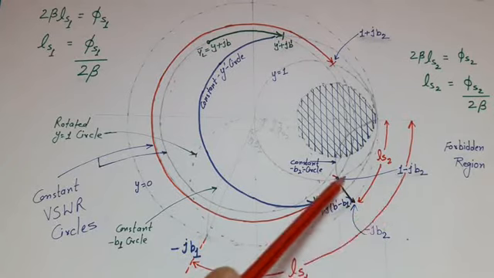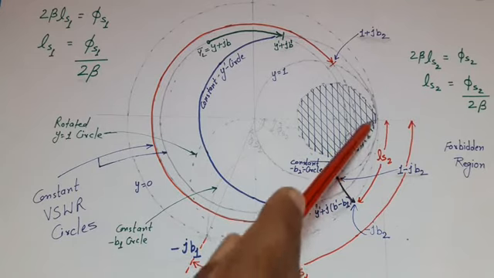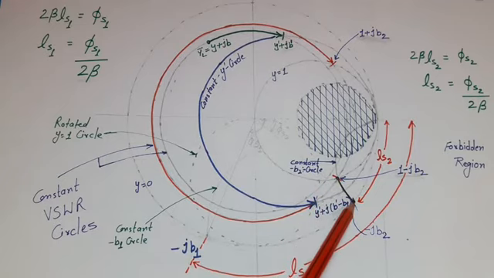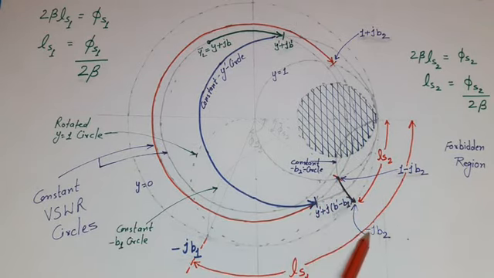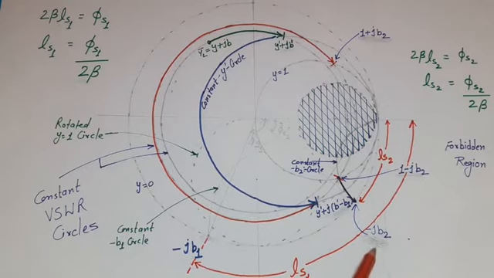Because we need only minus jb2, that's why we will draw a constant b circle, which is equivalent to b is equal to minus b2. That circle would pass from here, and at some location, this circle will touch the y is equal to 0 circle. And because this is a constant b circle, throughout this arc, b value will remain same, that is minus jb2. So this point corresponds to 0 minus jb2, which is our required admittance which we want to get from the second short circuit stub.